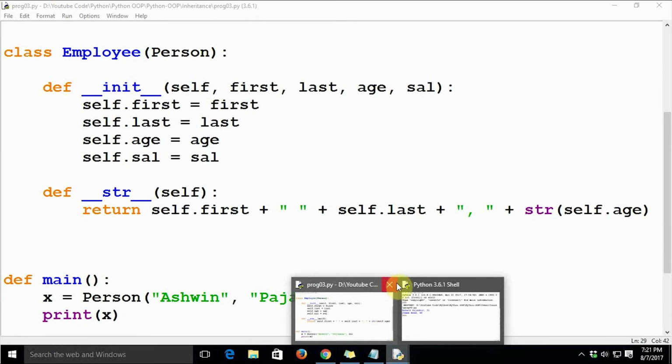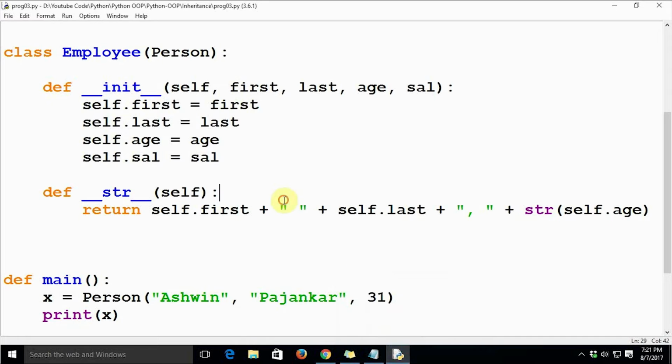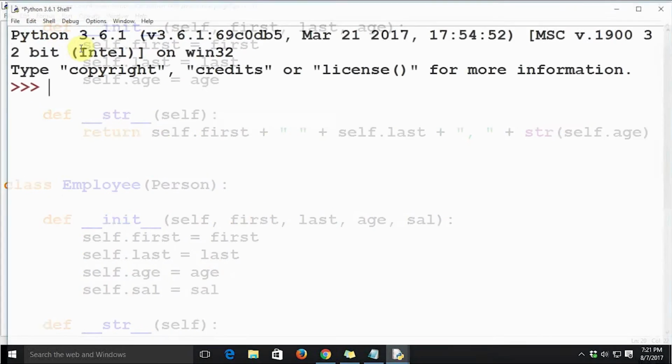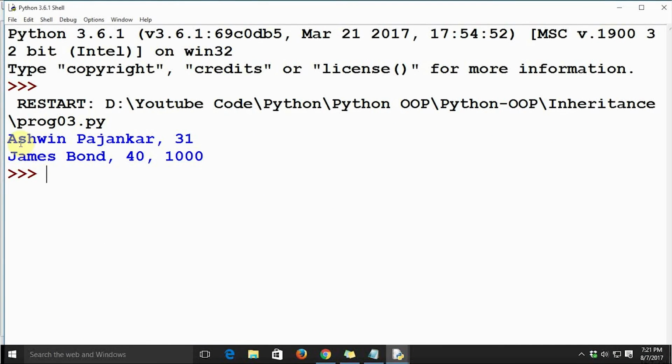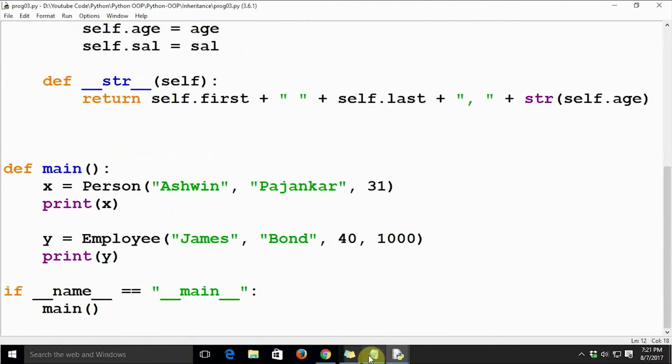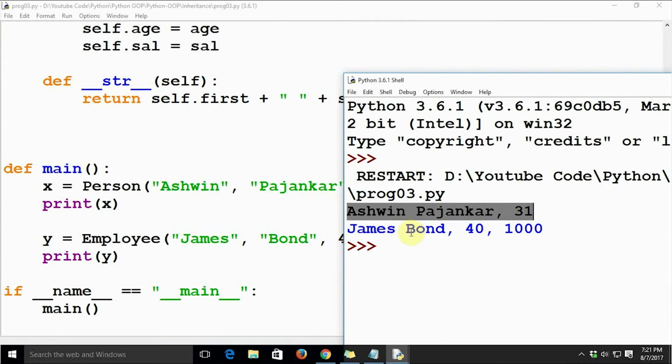Let's execute it again. Run module. Now it prints the correct result. It returns the name and age for the object of class Person, and then it returns name, age, as well as salary for the object of class Employee.